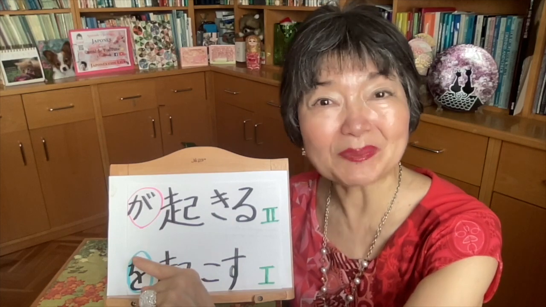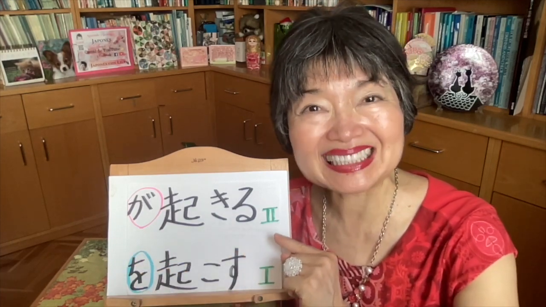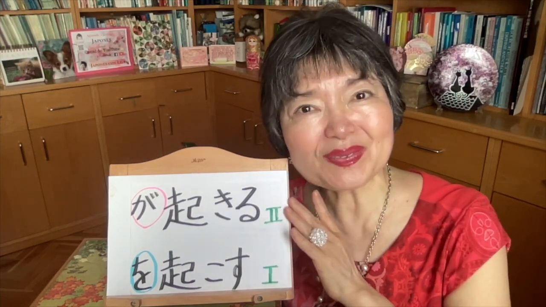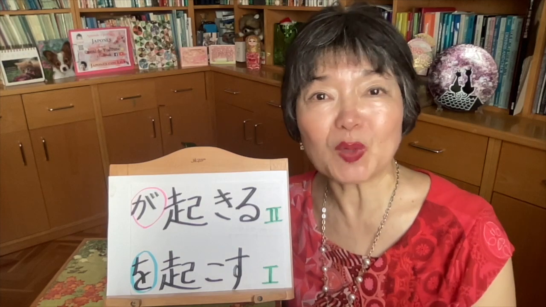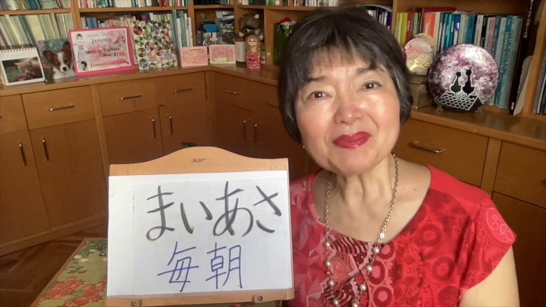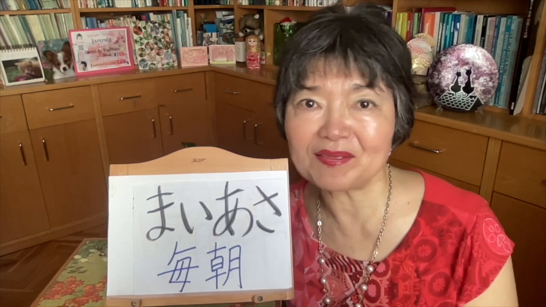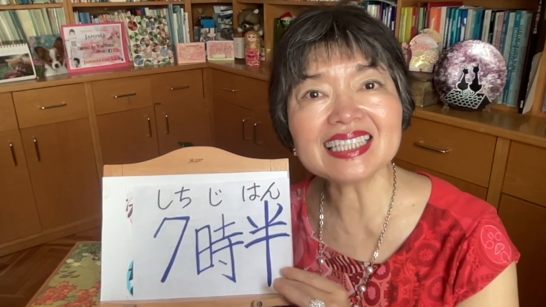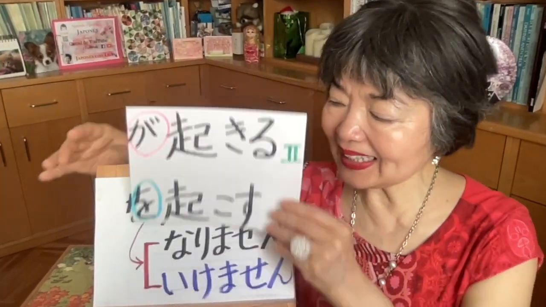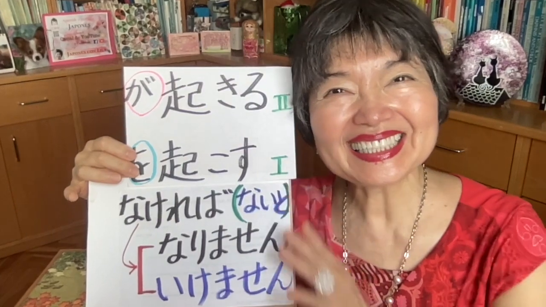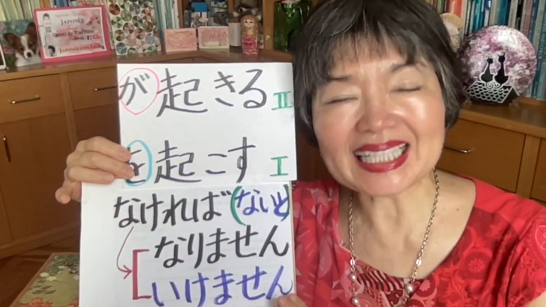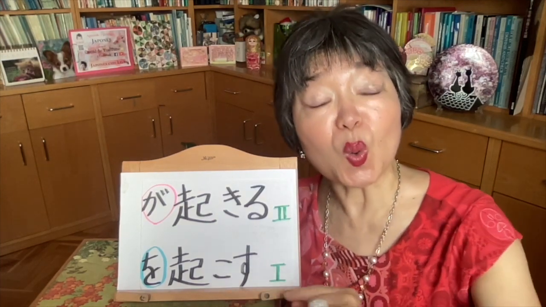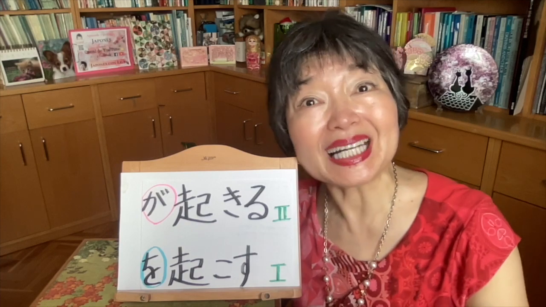Someone gets up or someone wakes up. This is someone が起きる、起きます。This is group 2. This is an irregular second group. This is an intransitive verb because someone gets up or wakes up by himself. I must get up at 7:30 every morning. 毎朝7時半に起きなければなりません。